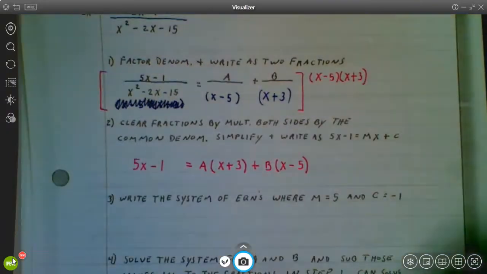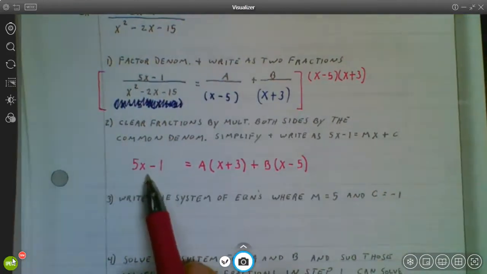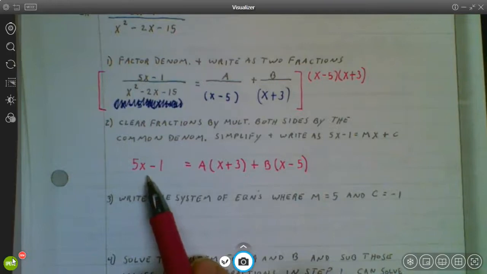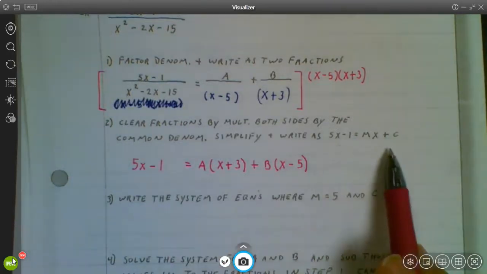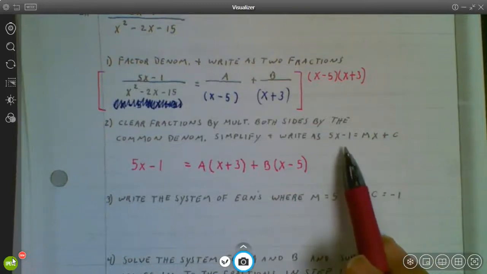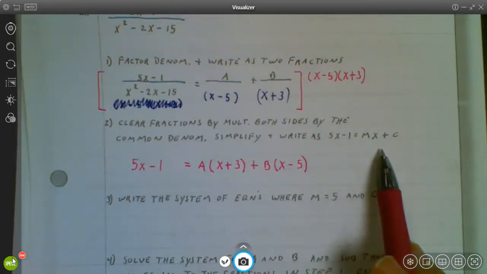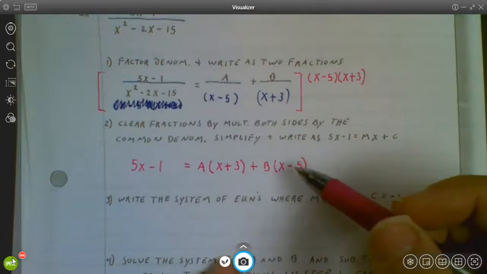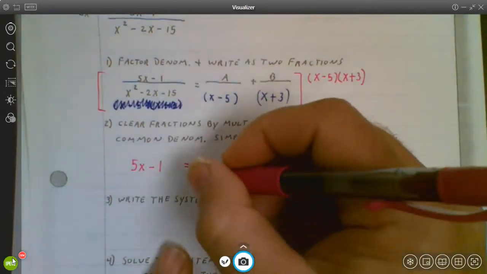Alright, so here's what I have now. My goal is to take this side, or sorry, I should say take this side and make it look like this side, right? And so that's what I was meaning by this statement right here. So I want to get the left side to model the format of the right side. I want them to look the same as each other. So if I were to, say, distribute the A,